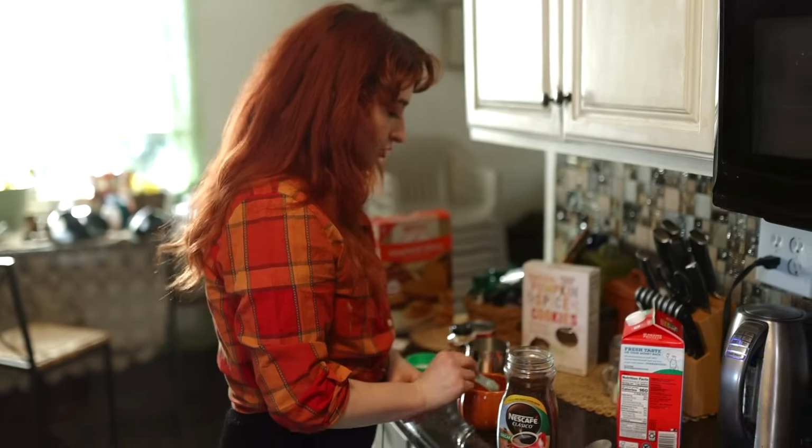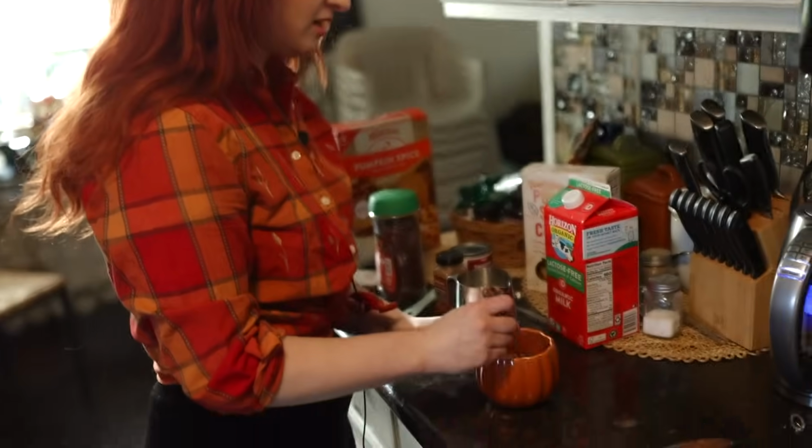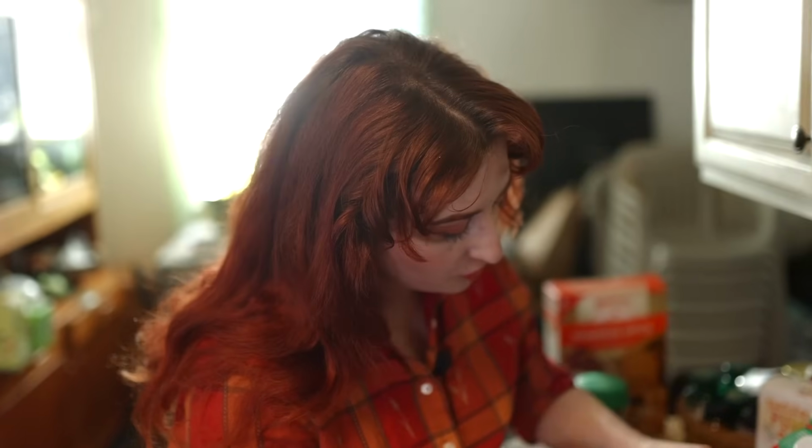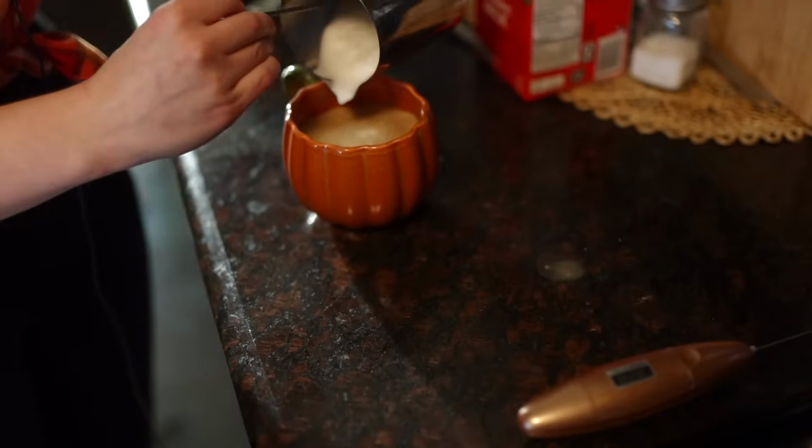Give me my spoon back, you heathen. Technically, this is a cafe misto because this is coffee and milk. And then we're gonna do the thing where you pour the milk, you hold back the foam, and then